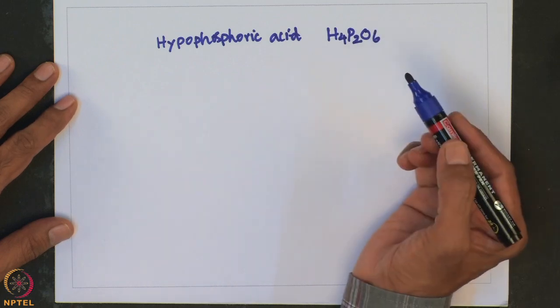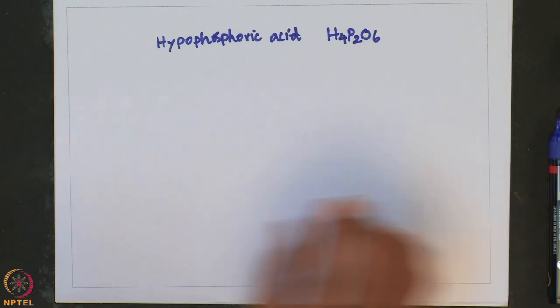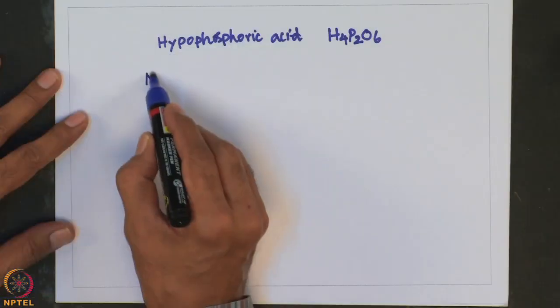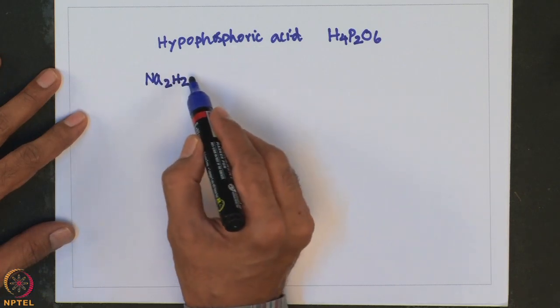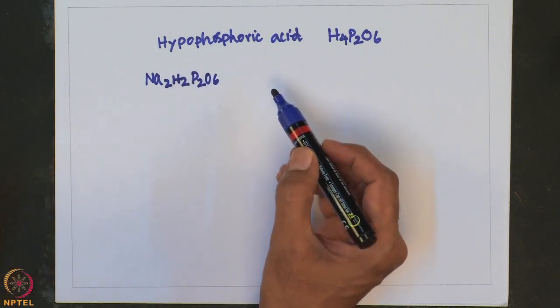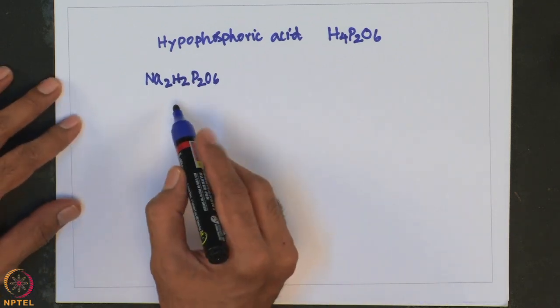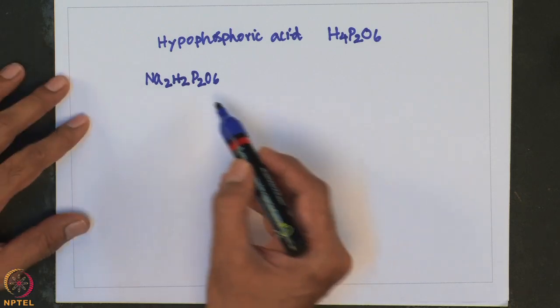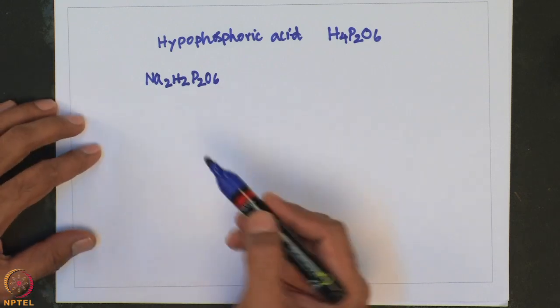H4P2O6. Okay. The reaction between red phosphorus and NaOCl or NaClO2 yields Na2H2P2O6. Okay. Dehydration using P4O10 gives H4P2O6. That means if you take this one and perform dehydration using P4O10, that gives H4P2O6, and